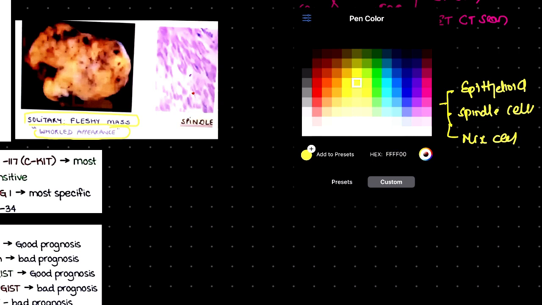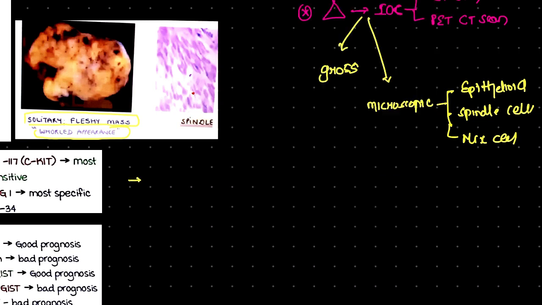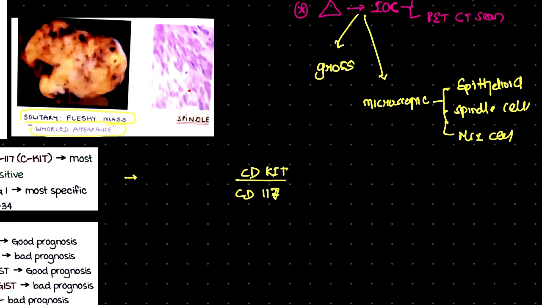Before getting to the written content, I would like to mention that, as we have already said, there is KIT mutation, and this KIT is also called CD117. Yes, we said that this is the most common finding, but the best marker recently discovered is our